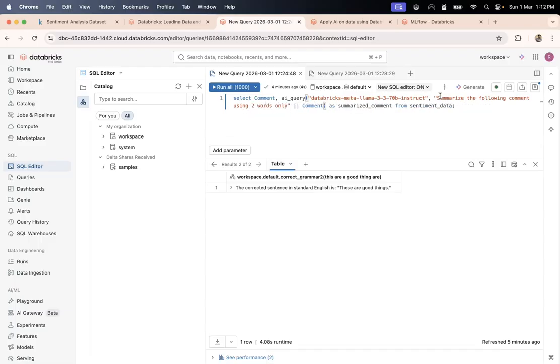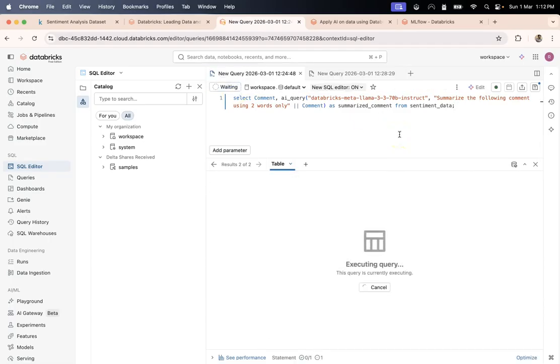It is a very simple use case, I know. Or to combine these two, you could have also used the concat function offered by SQL. So now let me run all, and let's see how it looks. Obviously, it is going to load this model and then run this model on all of the data that we have.